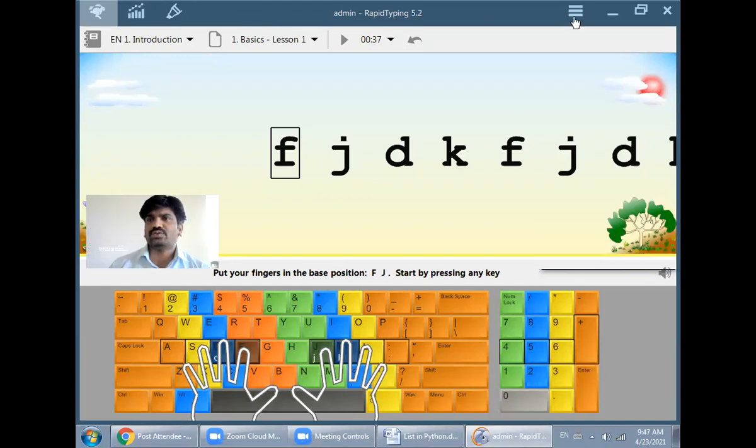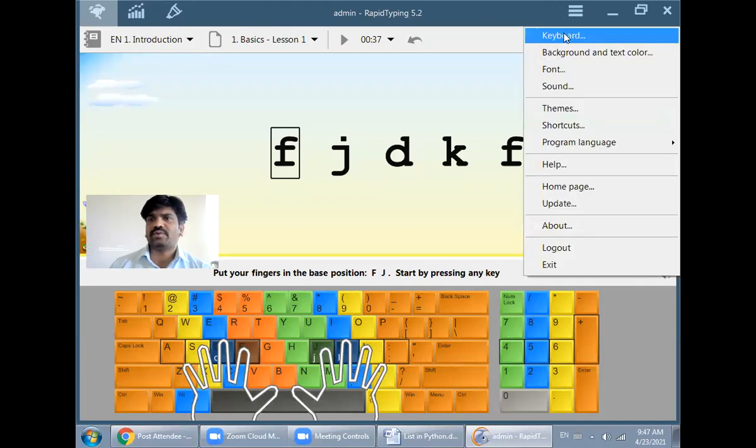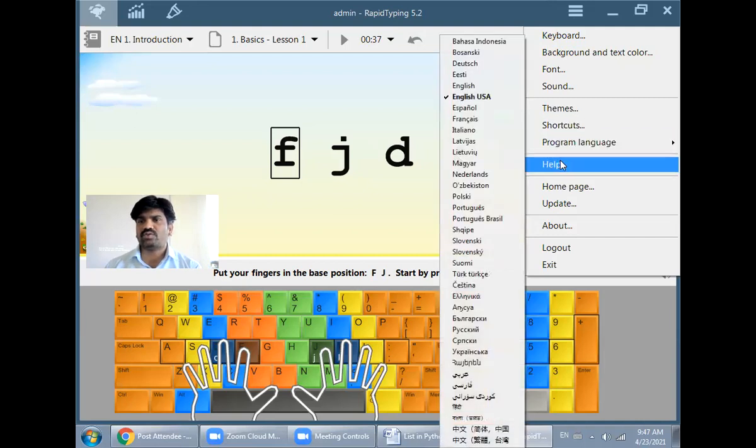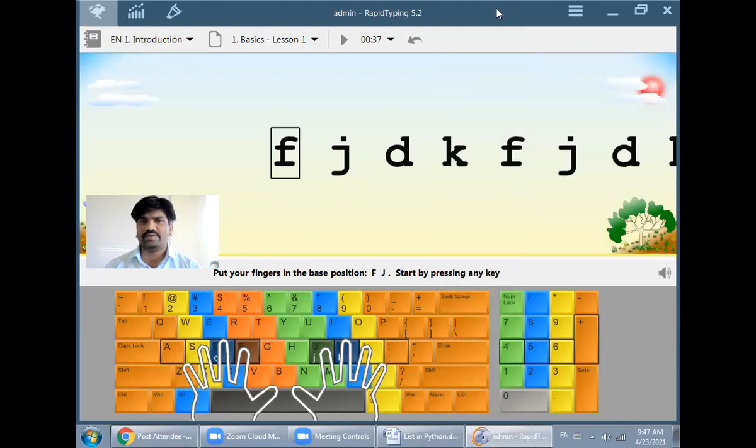How can we use it? By using this first button, we can change the appearance of our keyboard, background, font, sound, we can apply a new theme, we can use shortcut keys, we can change the language of our software, and we can take help from it.